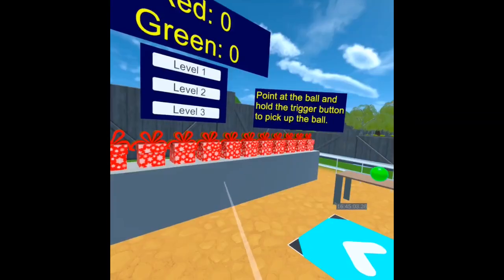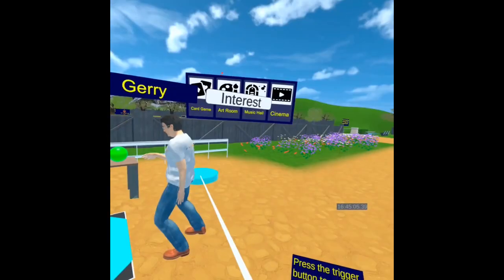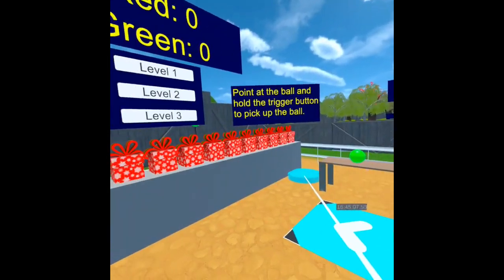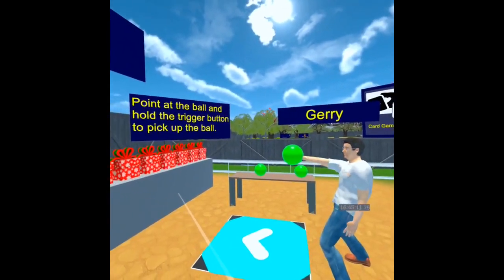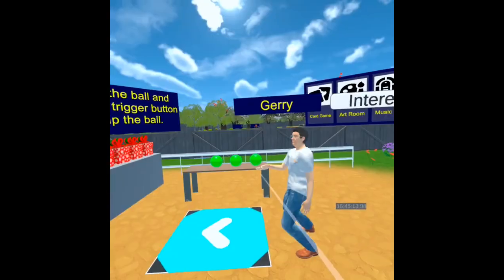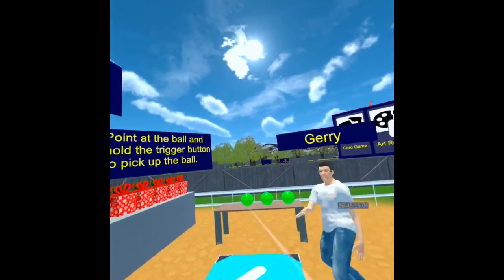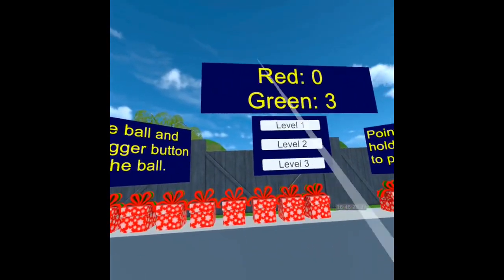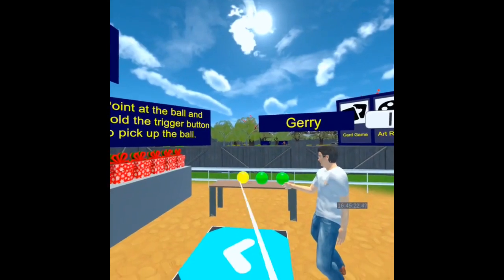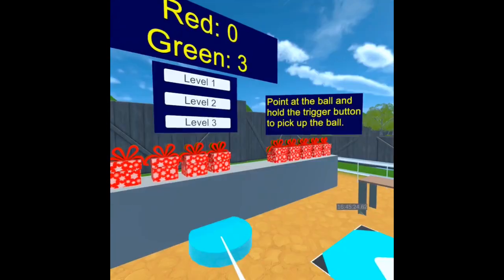So level 1, pick up the ball, hold it, throw and release. And it will go like that. It wasn't perfect, but it was generally the idea of having physical activity. And of course as before, it will record which ball hit it and allow a score, and this can be done with multiple participants.